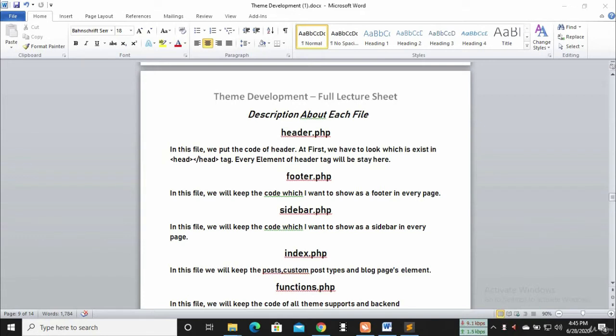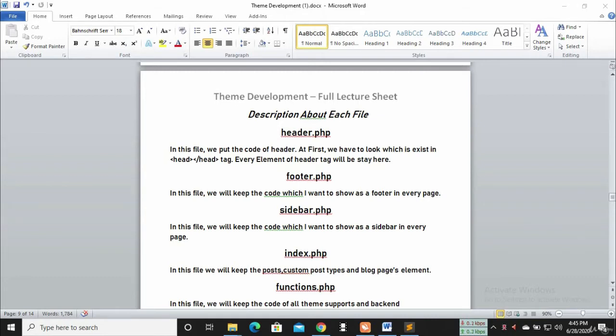If I want to make any sidebar or more than one sidebar, we will put the front end code of the sidebar in sidebar.php. In index.php we will keep the front end code of the post types and the custom post types. Look, there are two types of code. One is front end code and one is back end code.